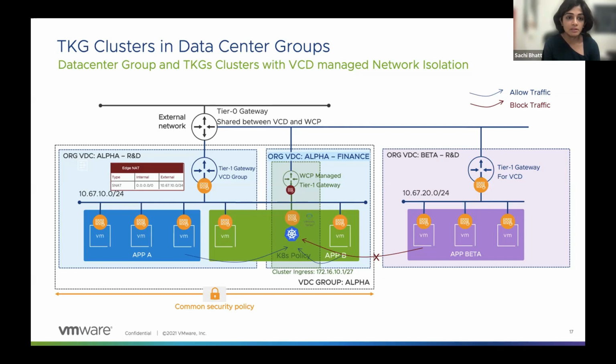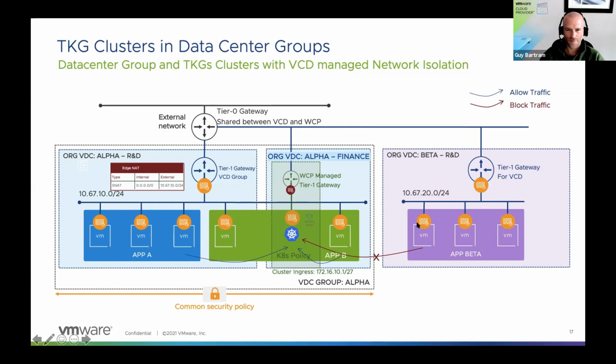In this example, we have a Kubernetes cluster deployed in one of the org VDCs of customer Alpha. By design, we are going to block any communication from outside that org VDC Alpha, for that customer org.